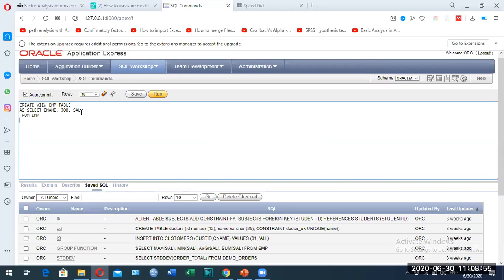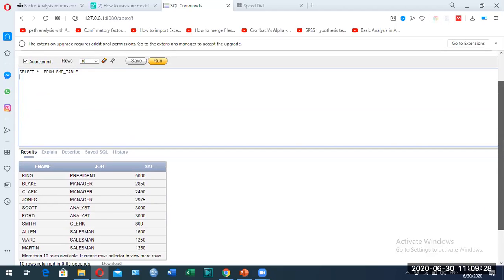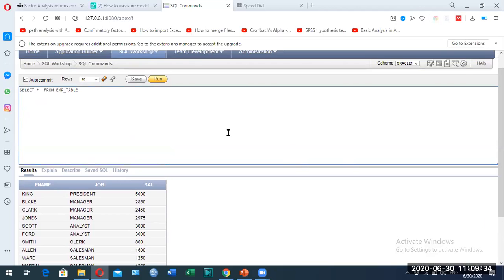Now I am going to modify this query: select all from this view. So here we have displayed the view that we have created, with ename, job and salary from the emp table. Got it? If you have any question, you can ask.